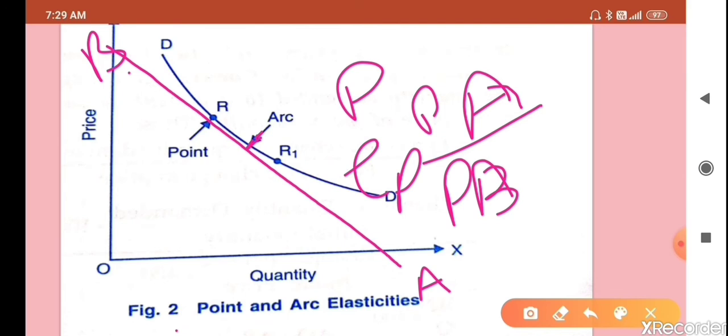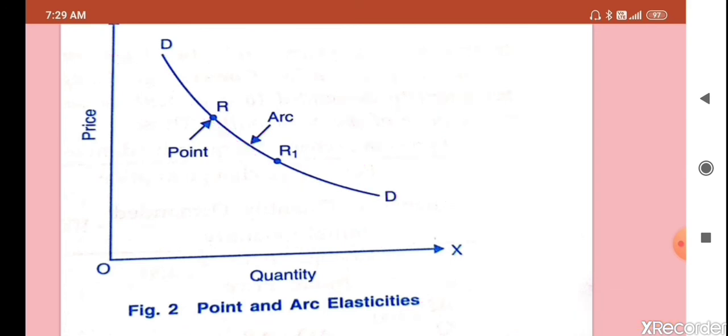So there is the linear demand curve and the non-linear demand curve. If the demand curve is linear, a straight line, we can directly take lower section upon upper section. If it is a curve, we first take the point, make the line, and at that particular point use the same formula, lower section upon upper section. So we can find out the elasticity of demand. Now we are moving on.